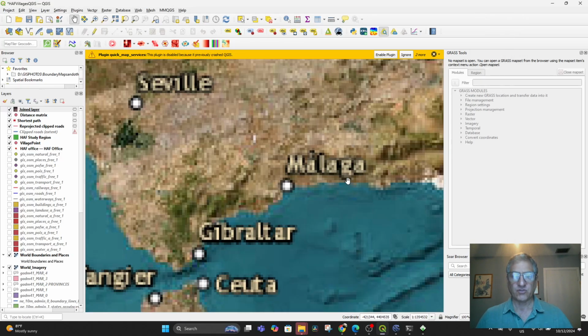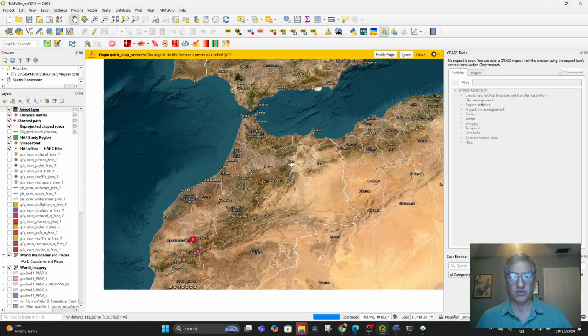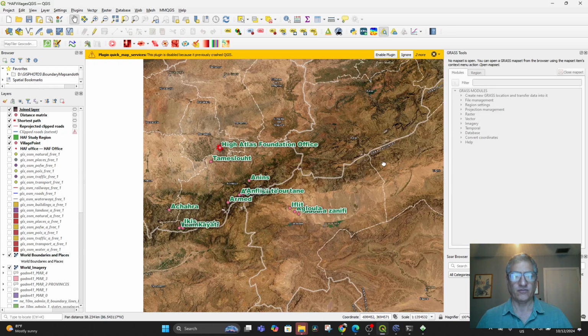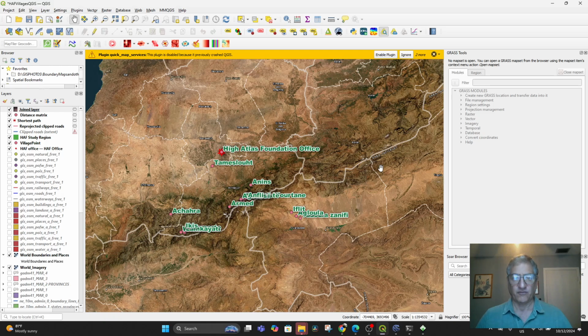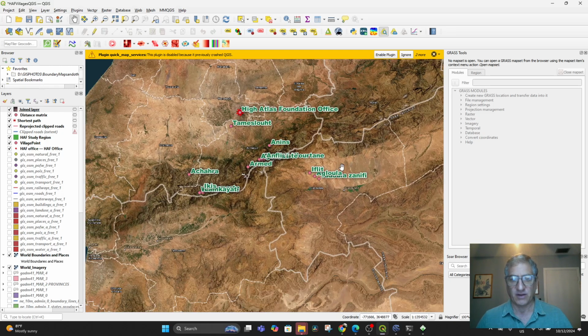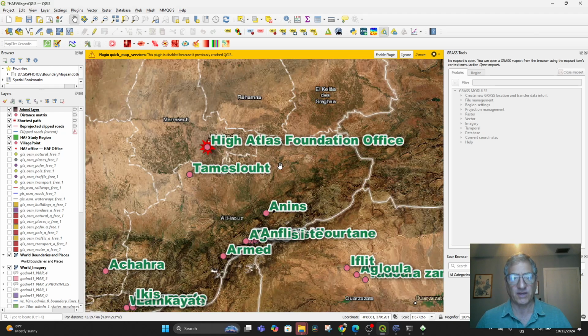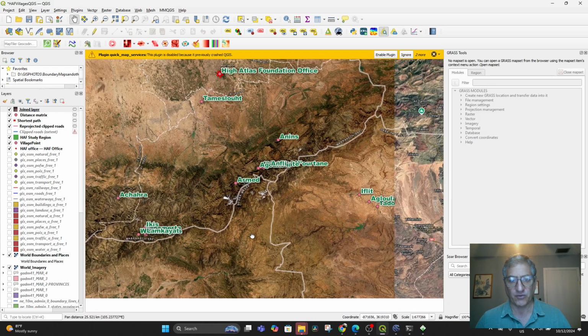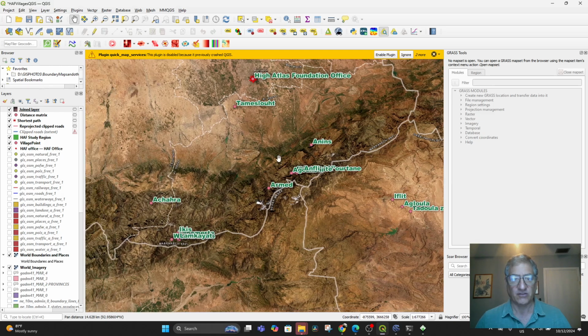Okay, well, we're going to try to develop a protocol for teaching QGIS or Quantum GIS to folks who haven't had a formal education necessarily, but are interested in using it to help with projects for their communities. And we're working with the High Atlas Foundation in Marrakesh, and they in turn have projects throughout the High Atlas Mountains down here. And QGIS, being open source and free, is a powerful tool to use and works very well